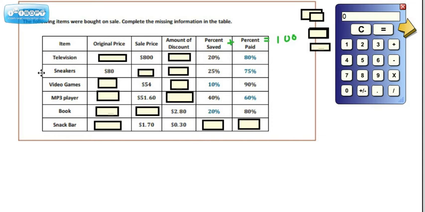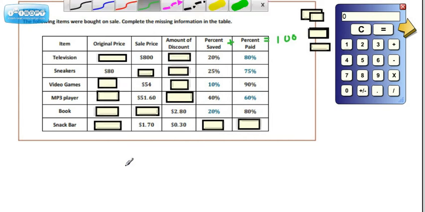All right, so now let's take a look at sneakers. That one's not terribly difficult. Now, we know that the original price is $80. The sale price has to be less than $80. So we have a couple of options for how to figure this out. One option is to set up a proportion. Another option is to figure out the decimal equivalent of the percent paid, which would be 75/100, because remember we